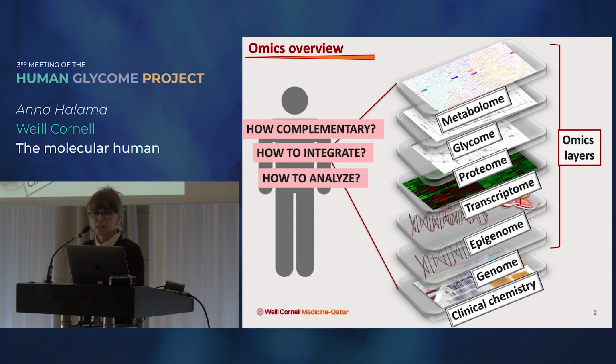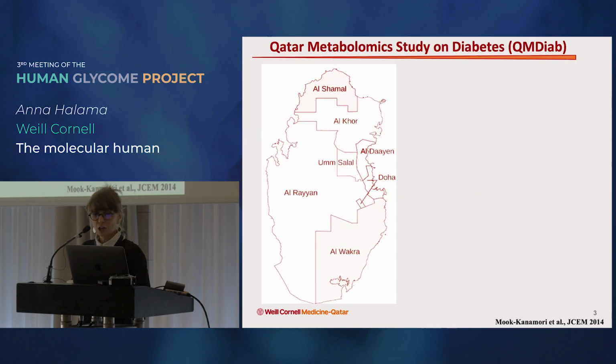The other thing is how to integrate and analyze such a huge data set. And the most important, in my view at least, how to visualize them, right? If I were going to show you an Excel table, it's not really cool to look at the p-values. So it is very difficult to answer because you will need a cohort of individuals which all were measured for all those omics. And the cohort which I would like to introduce you to today is the Qatar metabolomics study